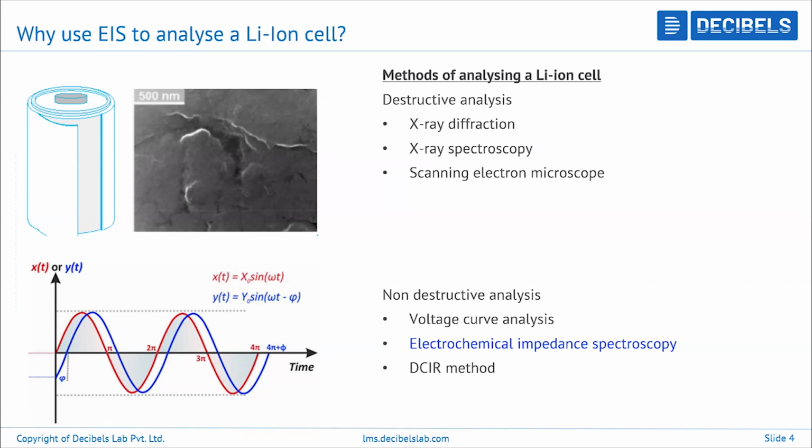So that's where the EIS method is much more advantageous. We can see a comparison of some of the methods of analyzing a lithium ion cell. There are two types, mainly destructive analysis and non-destructive analysis. The destructive analysis, the name is self-explanatory. It means that you have to take the cell and cut it open,